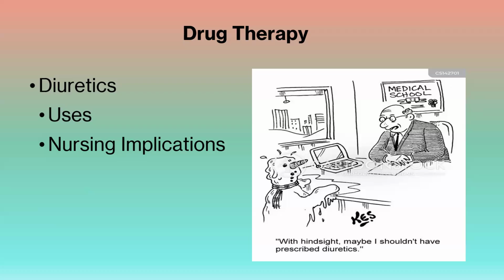Again, teaching them how to check their own skin turgor, to look at their tongue, to check their oral mucous membranes, and then to also do laboratory checks on their hematocrit and their hemoglobin, which will also tell us whether or not they are dehydrated. Hematocrit will go up if they're in dehydration. It will go down if they're in volume overload, because the hematocrit gets,